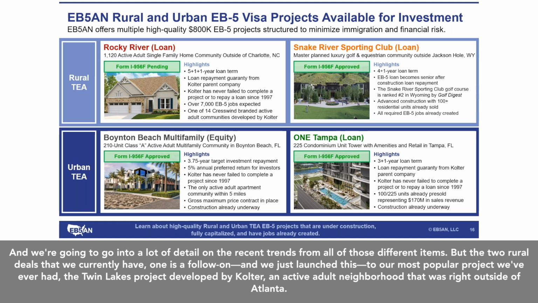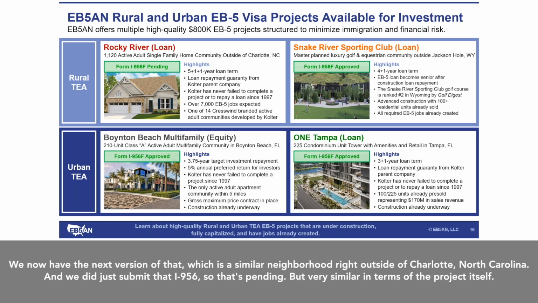But the two rural deals that we currently have, one is a follow-on, and we just launched this to our most popular project we've ever had, the Twin Lakes project developed by Coulter, an active adult neighborhood right outside of Atlanta. We now have the next version of that, a similar neighborhood right outside of Charlotte, North Carolina. And we did just submit that I-956, so that's pending, but very similar in terms of the project